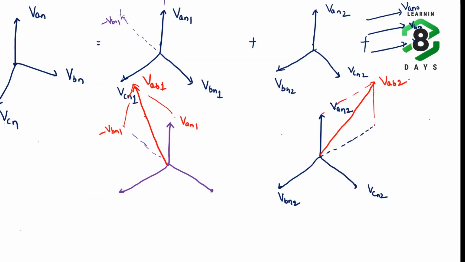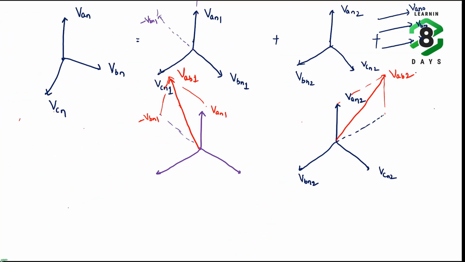VAB2. So the positive sequence line to line voltage leads the phase voltage by 30 degrees. We all know, since we deal with the positive sequence voltages, line voltage leads phase voltage by 30 degrees and its magnitude is root 3 times, in case of the positive sequence components. In case of negative sequence components, the line voltage lags the phase voltage by 30 degrees. Again, the magnitude is root 3 times that of the phase voltage. This concept first you should understand.